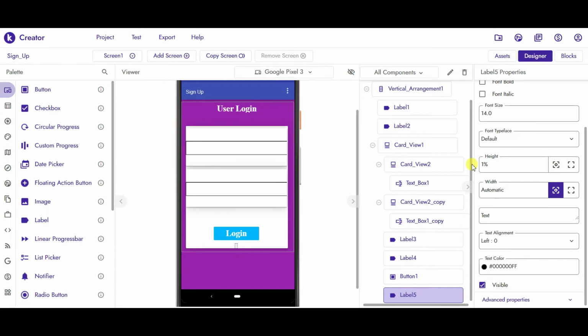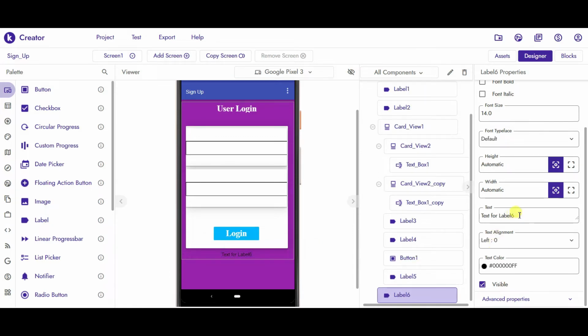Now take another label outside the card view, remove the text and set the height and width automatic. Next, we have to take one horizontal arrangement.